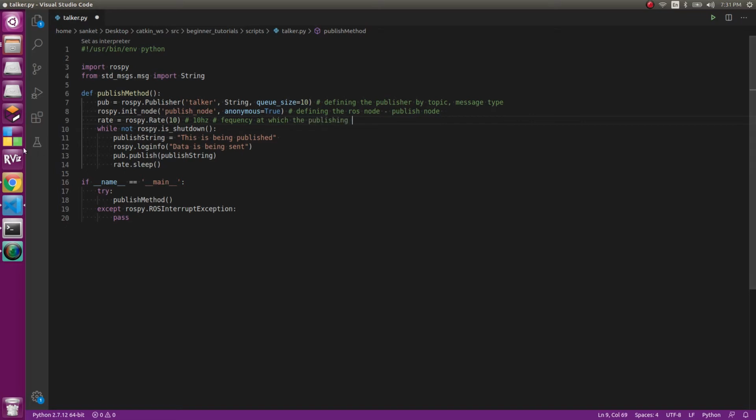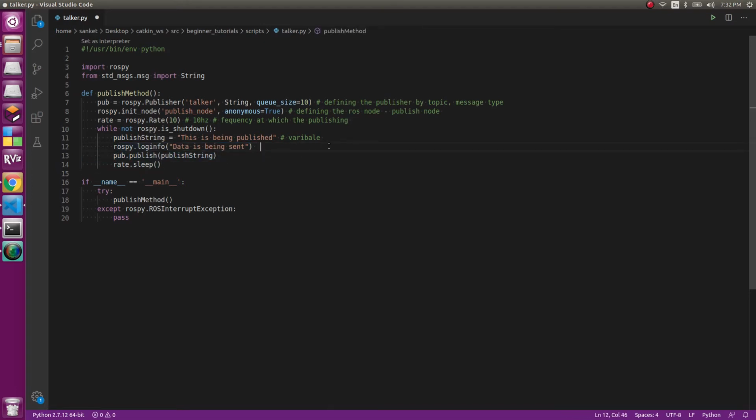And this is to make sure that when rospy is shut down, this loop does not continue. So the variable which we are publishing is publish string. This is simply a variable. You don't have to define it and could put the value wherever this variable has been used, but I'm doing it so that it's just cleaner.